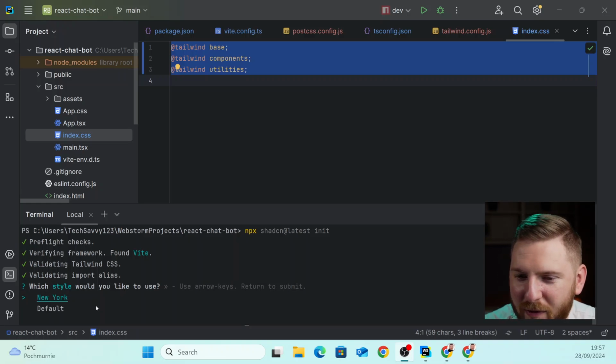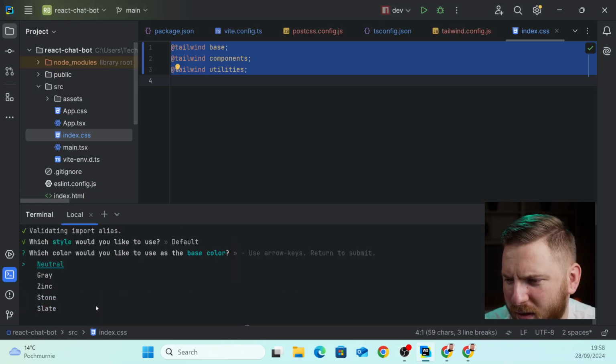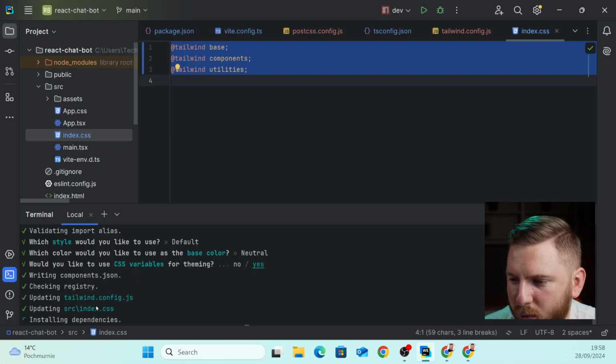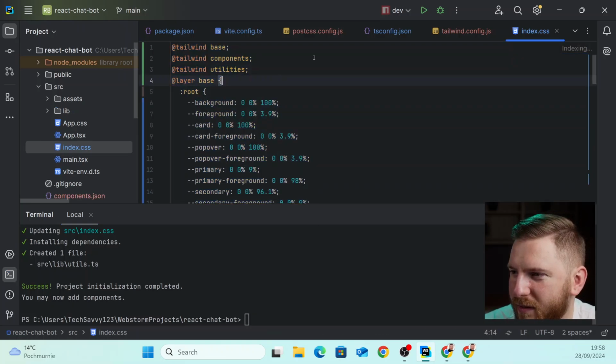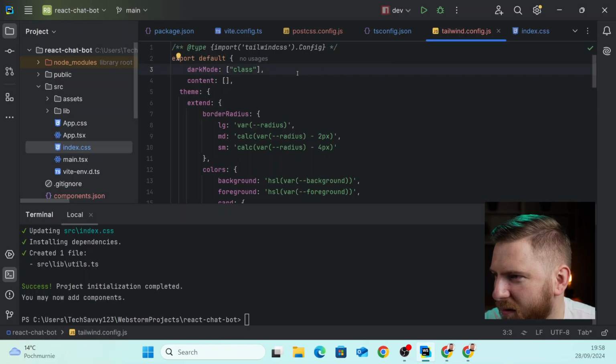Okay, now it offers to choose between two styles. That's the default style. We don't care that much. Neutral style. Would you like to use CSS variables for theming? Yep, I would like. Okay. Now we can see that our index CSS has been updated. Tailwind config too,